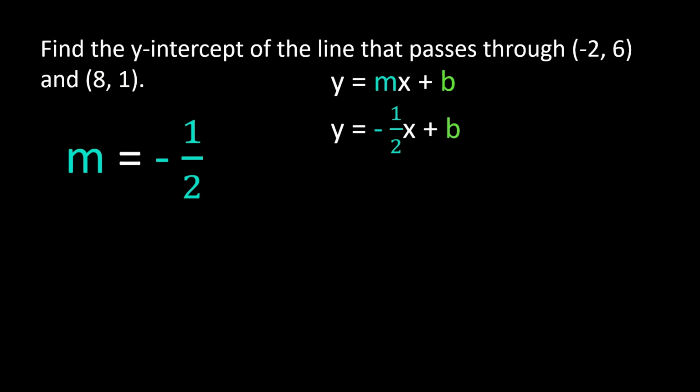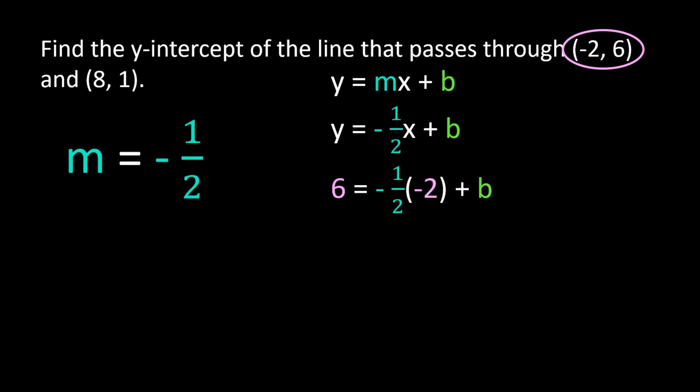B is our y-intercept, and so to find the y-intercept, we're going to need to solve for b. In order to solve for b, we're going to need an x value and y value from one of our points, and I'm going to choose to use the point -2, 6. And once I have an x value and y value, I can plug those into my equation and solve for b. So I have 6 as my y value, so I'll have 6 equals -1/2 times my x value of